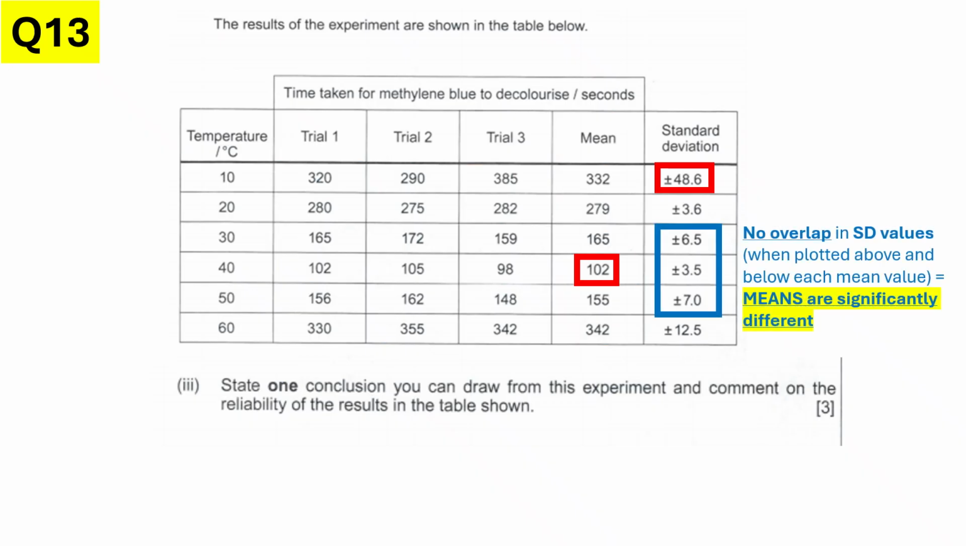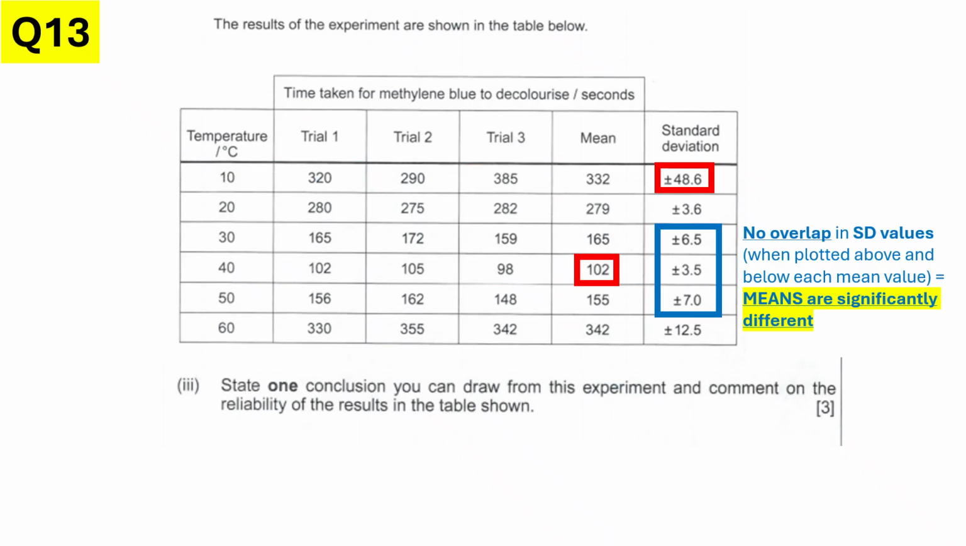Now, we can also look at the other standard deviations, and they are a lot smaller. So, for example, for 40 degrees C, the standard deviation is plus 3.5 above 102 or minus 3.5 below 102. So because that is a small standard deviation, there's less spread of data away from the mean value. There's less variation in the 3 repeats, and so the mean becomes more reliable. The other point to notice is that